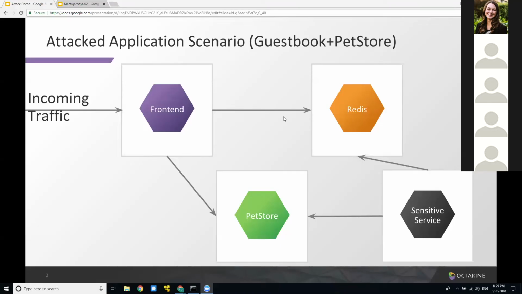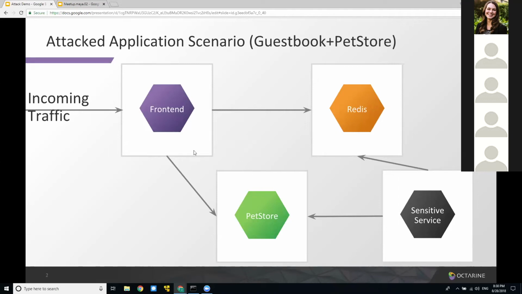So this is a basic cloud native architecture, which consists of the famous guestbook application, the Hello World app for cloud native applications, and we also have a path store, which is a basic REST API application.